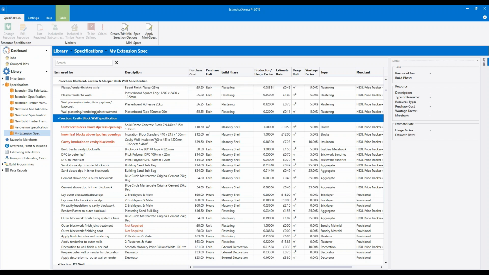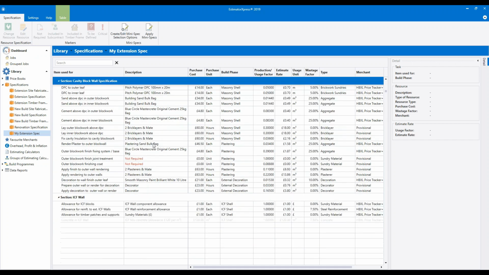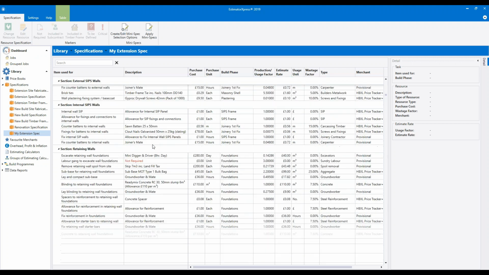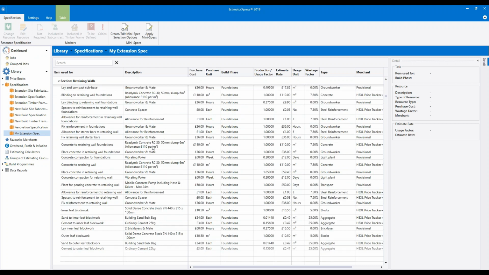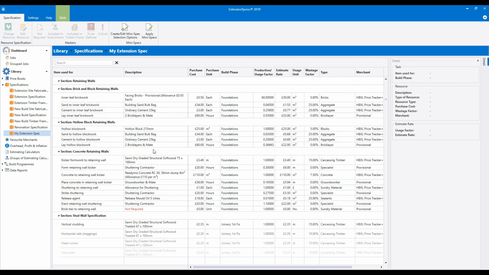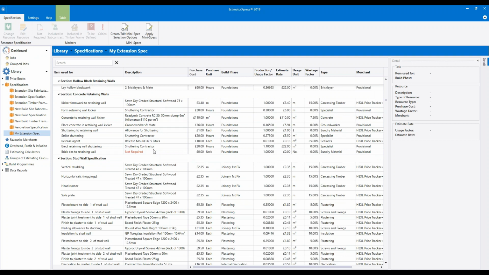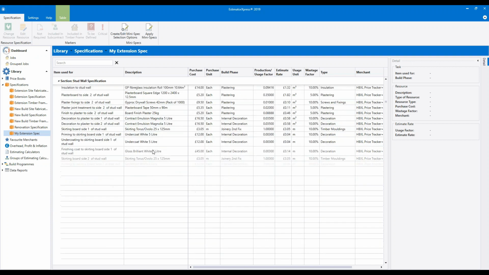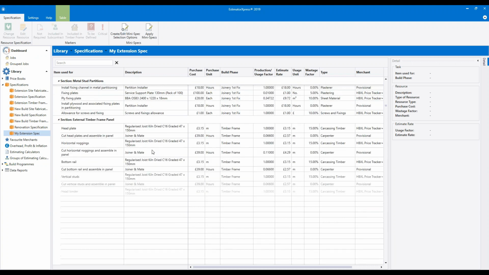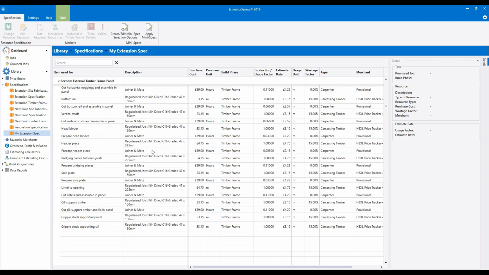We've got a cavity block wall specification, ICF walls. And if we keep going, we will come shortly to the tiled roof general specification. Of course, in any particular estimate you're doing, you're not going to be using all these different wall types.